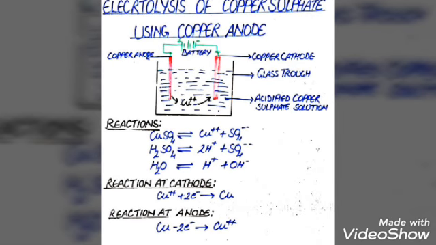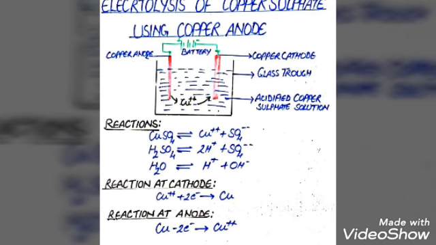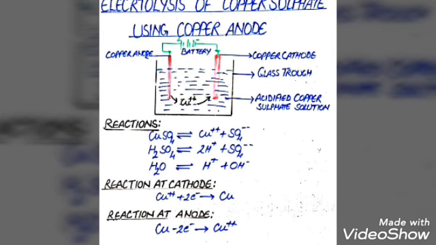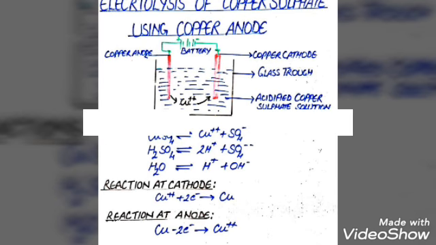On passing electricity, copper moves towards cathode to form copper metal, and at anode, copper from the electrode comes into the solution to liberate copper ions. Because copper is active, it participates in the reaction. So size of anode gradually decreases and size of cathode gradually increases. The concentration of the solution remains